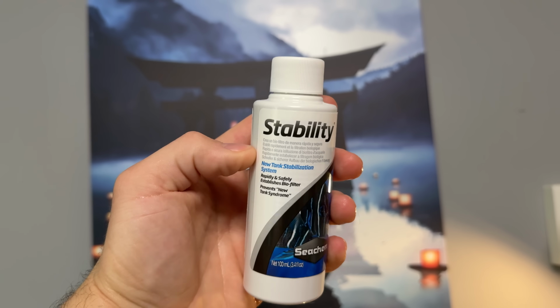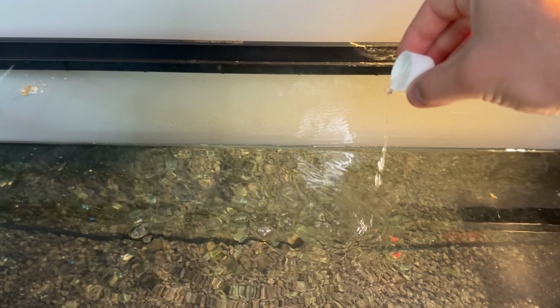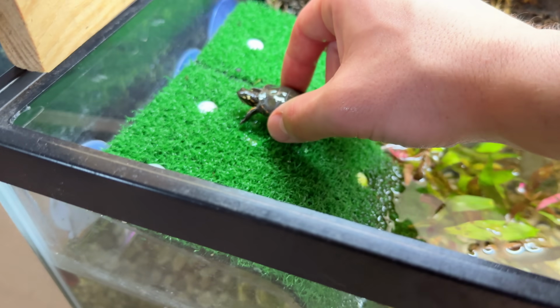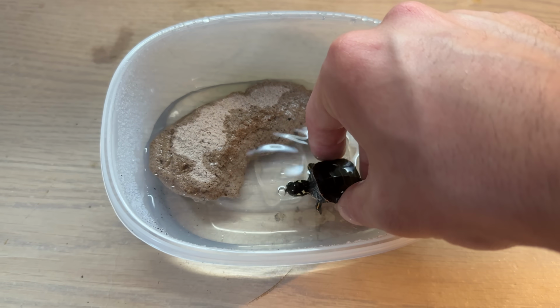And while that was running, I also got this C-Chem Stability, which is supposed to add healthy bacteria into the tank. So I threw in 3 capfuls of that based on how much water was in the tank, and then decided that since my turtle tank is pretty much falling apart and it's filled with algae, I'm just gonna move everything into the new tank, which means moving Wally into a temporary water bowl and then draining all the water